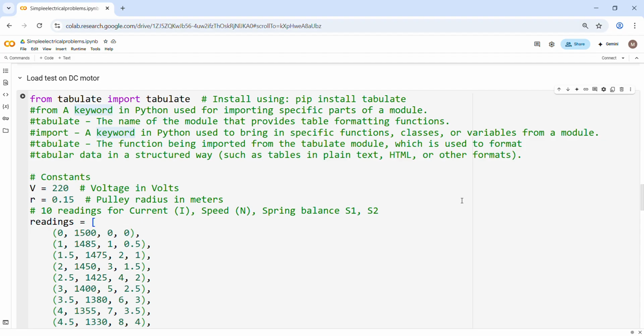So right now here, by using Python, how to execute the load test on DC motor, how to estimate torque, efficiency, output power, BHP value, everything. So my motto is how to effectively use and understand Python to apply to electrical problems. Here I started with one Python library, the NumPy library,